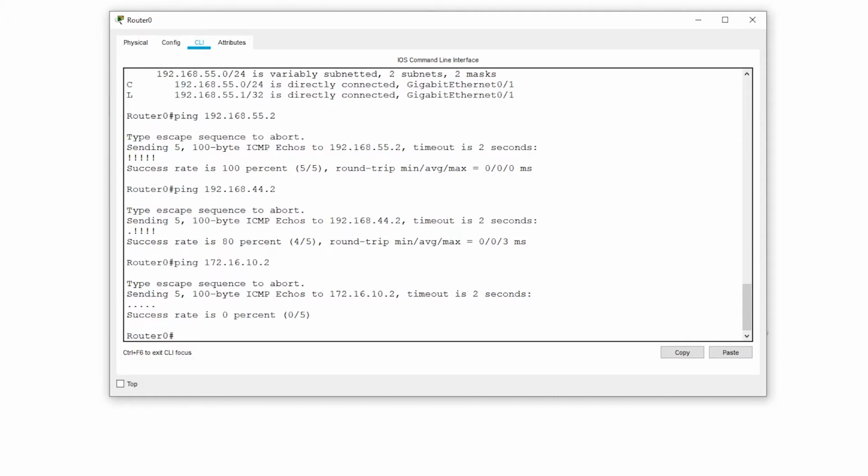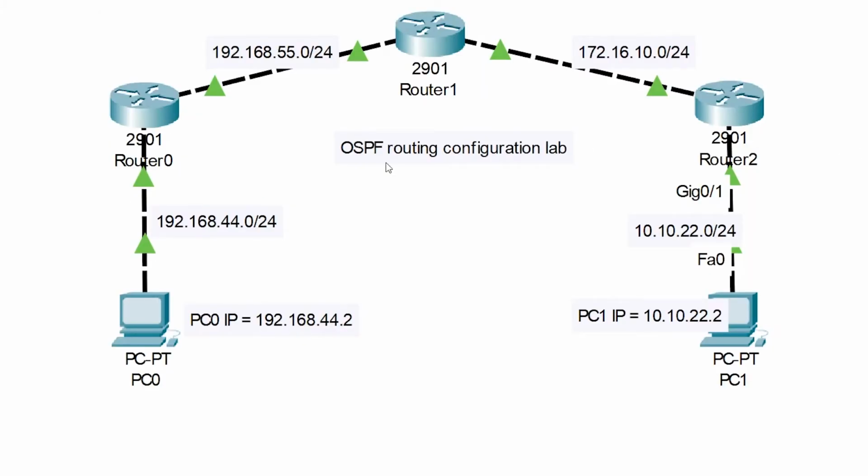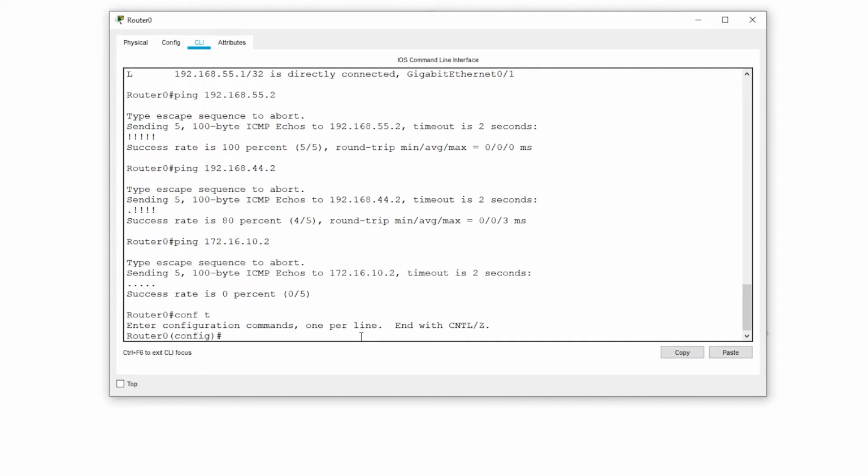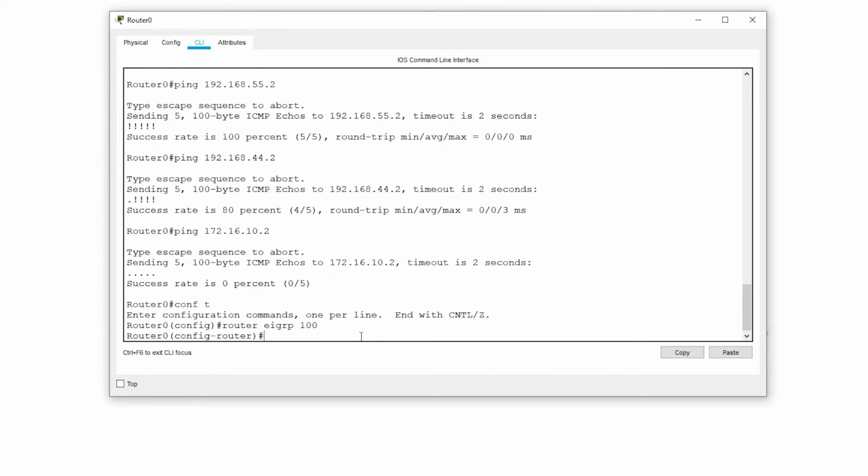Okay, so now we're going to configure the EIGRP dynamic routing protocol in router 0. Go back to conf t, router EIGRP 100. Okay, network 192.168.44.0 0.0.0.255.